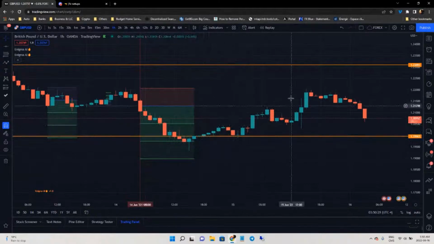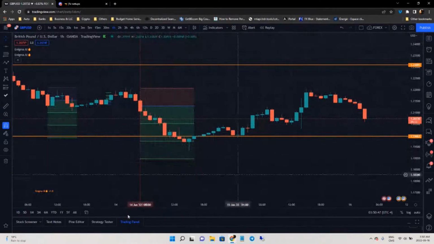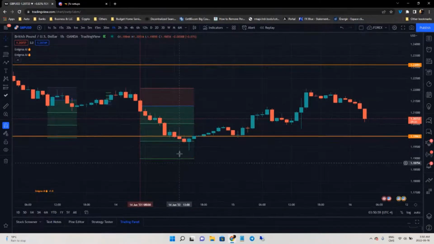and started reversing. Okay, so this is the actual thought process you have to go through with the Enigma system. You have to go to a higher time frame and then make a decision exactly on if the market is going in the same direction, at what region it's supposed to go through, and you execute your trade. You put your TP, your stop loss, and you're good to go here. And on top of that, we have a trade manager, so you could just put a pending order or market execution for that trade, and let the trade manager do the rest.